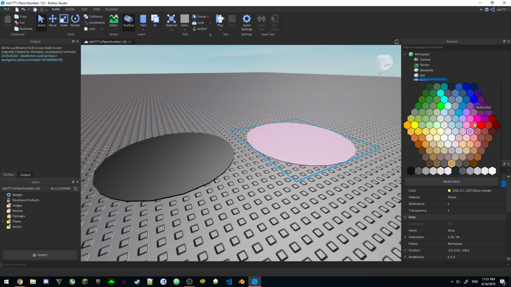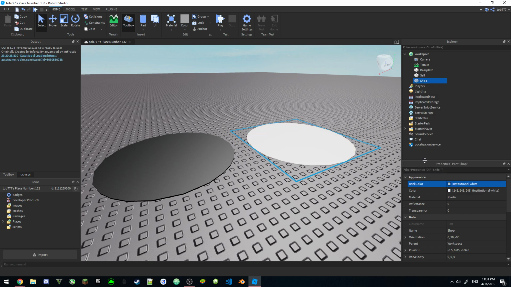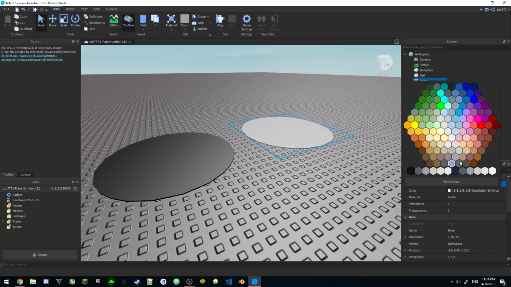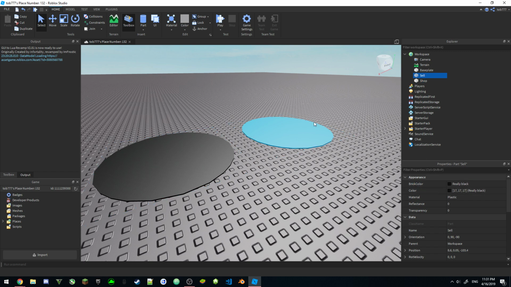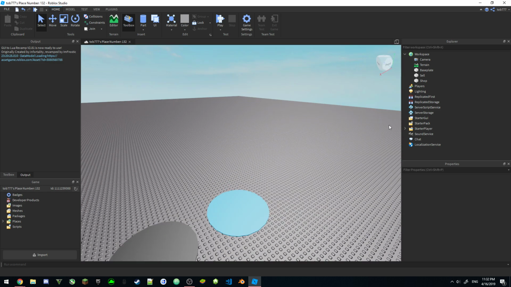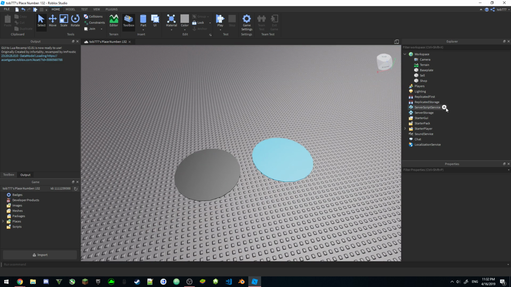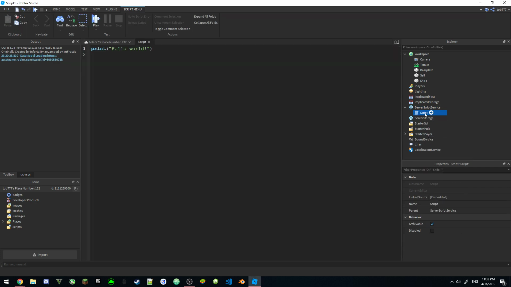Alright, what color can we make this? If this is black, let's make this white. Looks a little bit plain. Let's make this a cyan and let's keep this a black. Alright, sell and shop, we're done. You're going to notice this isn't going to be overly organized, but let's get started. So let's insert a script in ServerScriptService, Main,